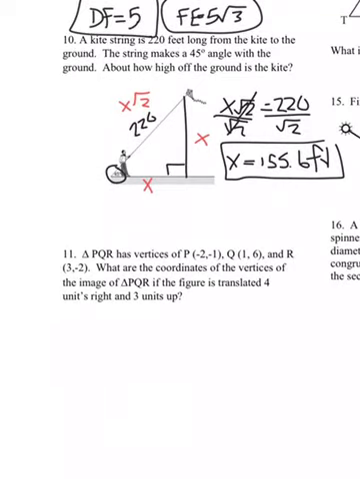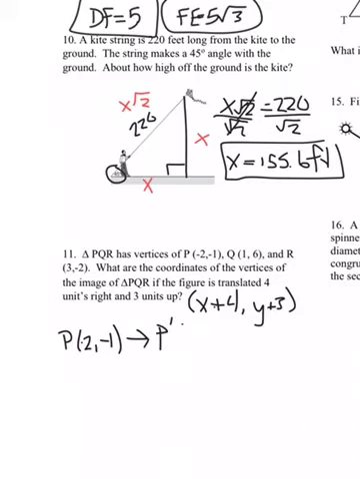11, triangle PQR has vertices of -2, -1, 1, 6, and 3, -2. What are the coordinates of the image if the figure is translated 4 units right, 3 units up? 4 units right will be x plus 4, because right moves positive on the x. 3 units up adds 3 to the y. So P, which was at -2, -1, now P prime is at 2, 2. And Q,